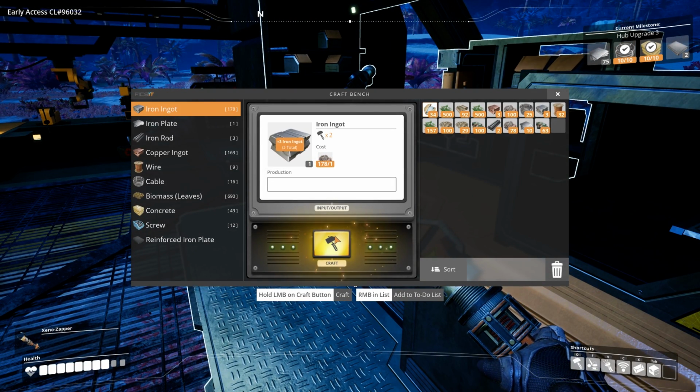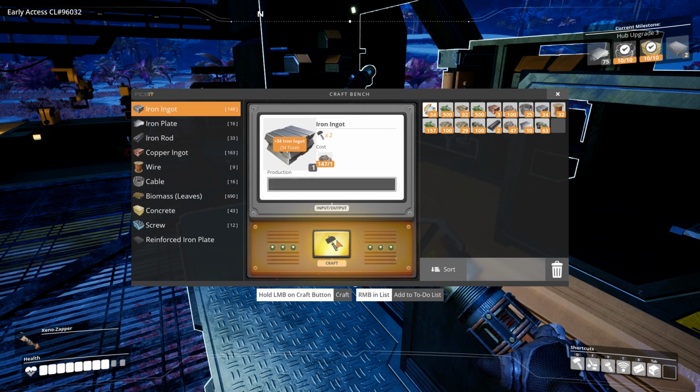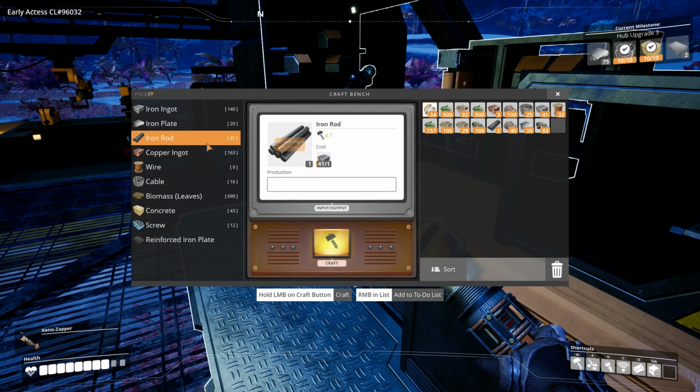So we're going to set up a couple of smelters. We're going to set up a constructor. We're going to put it in a place where I think it'll be useful in the future. And basically what I want is a smelter going into a constructor and a smelter going into a constructor. We don't have the conveyor belts yet to set those up automated, but at least this will give you a hint and an idea